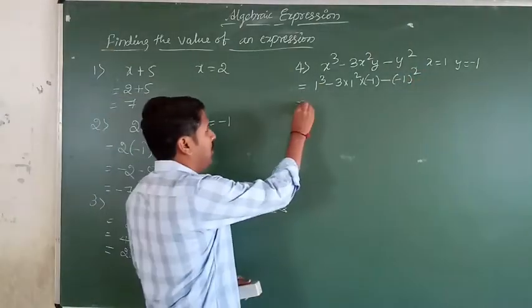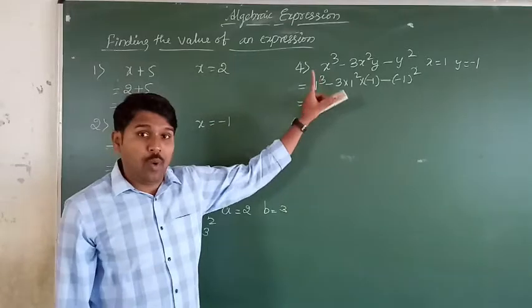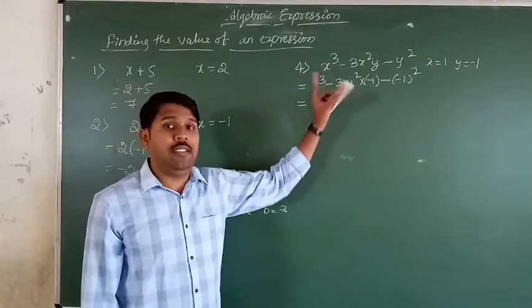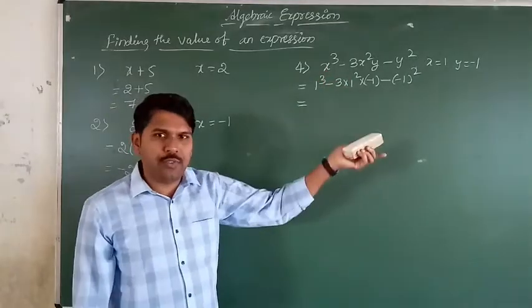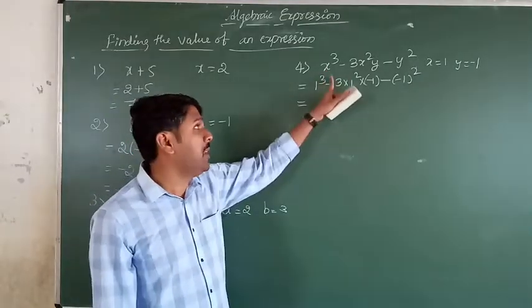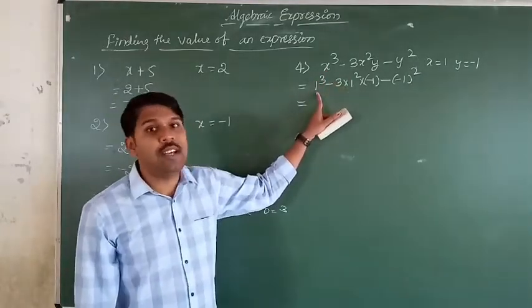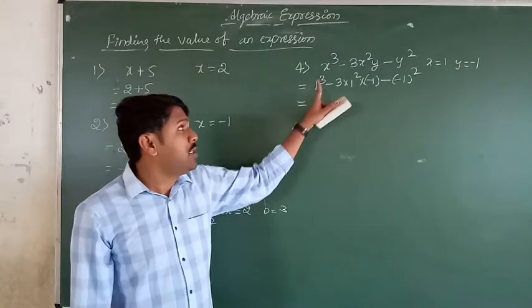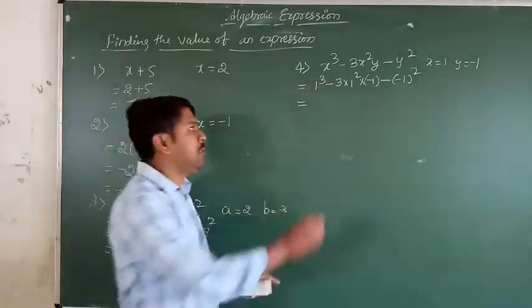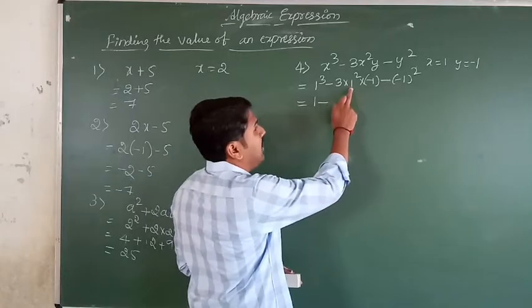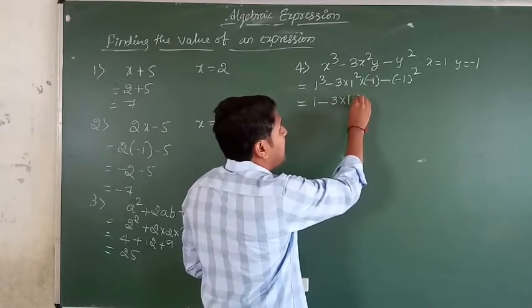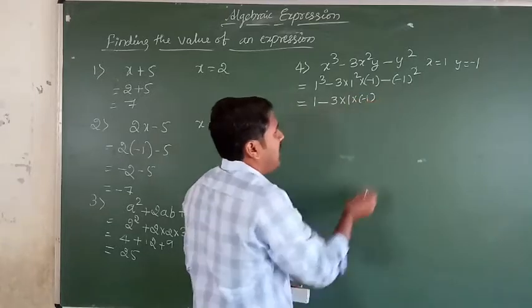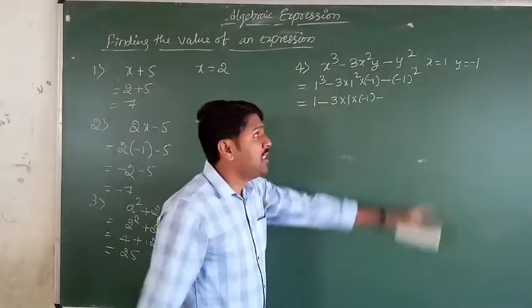Okay. So now 1 cube. 1 raised to anything, you will get the answer as 1 only. 1 raised to 3, 1 raised to 4, 1 raised to 5. Write any number in the power place when the base is 1, the answer is 1 only. 1 raised to q means 1 only. So 1. Next, here also 1. 3 into 1. So minus, as this.